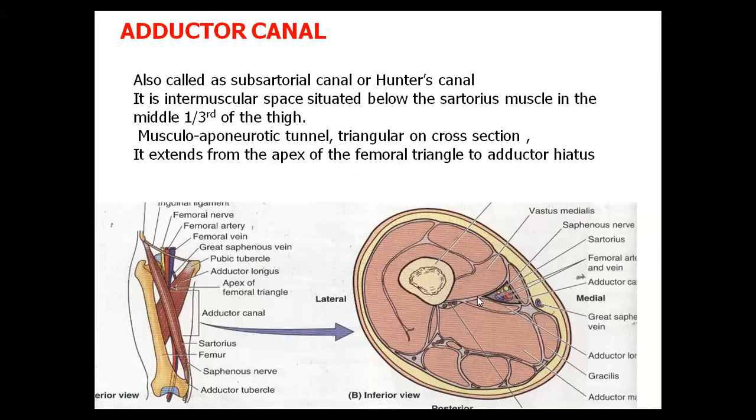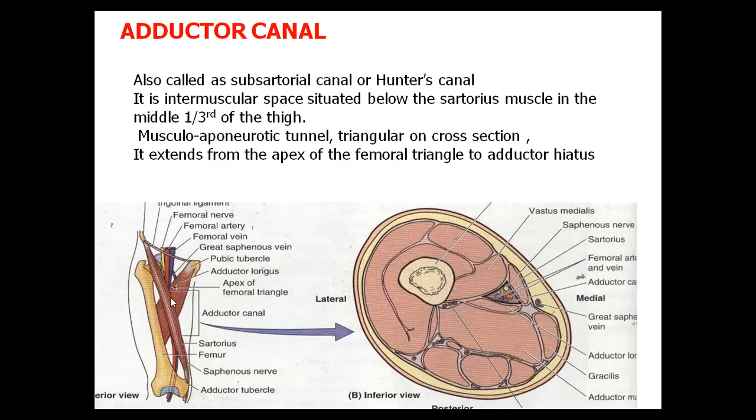Now, if you observe, in the anterior compartment on the medialmost region, we have vastus medialis. In the front of the thigh, we have the sartorius muscle. Behind, in the medial compartment, we have the adductor longus. That means between these three muscles there is an intermuscular space where you have certain blood vessels and nerves. That corresponds to the apex of the femoral triangle.